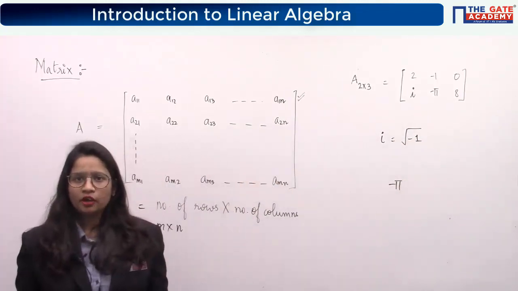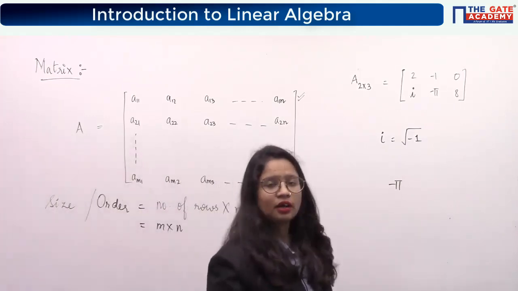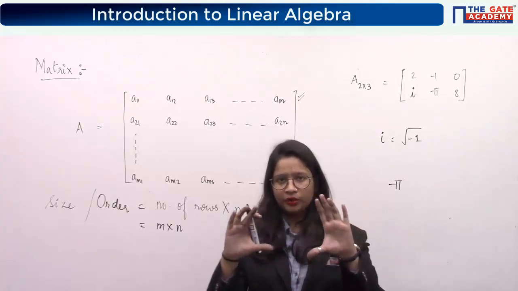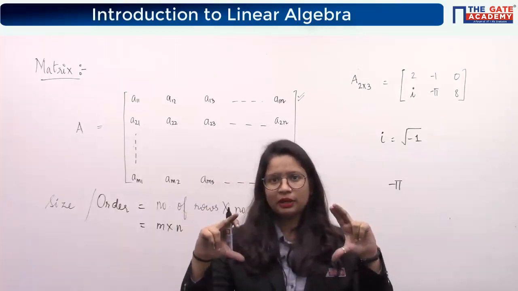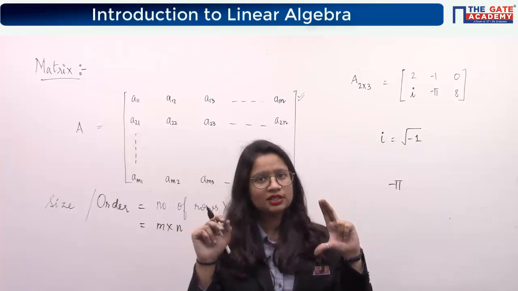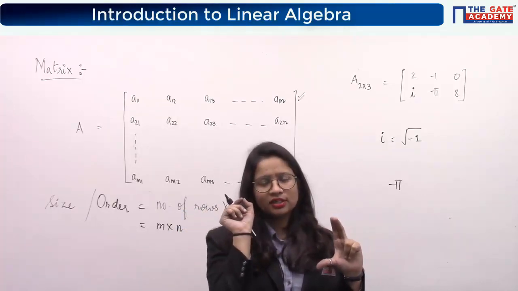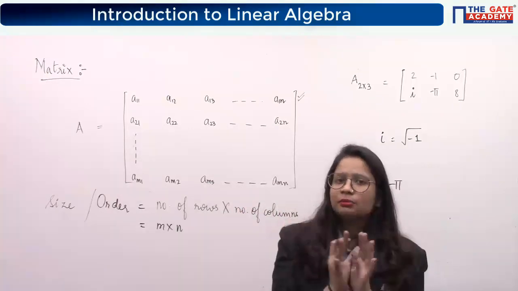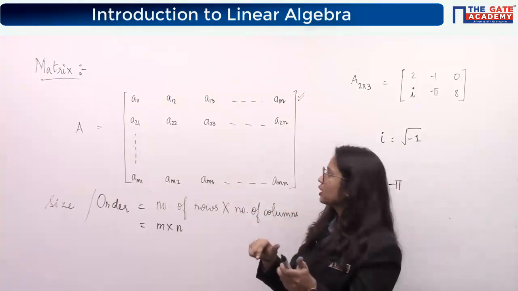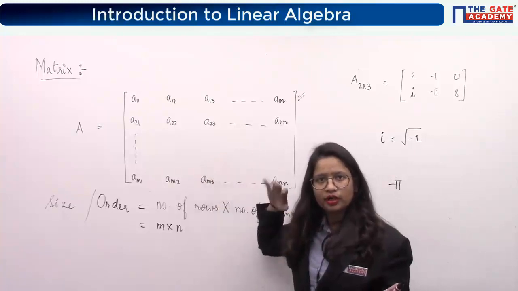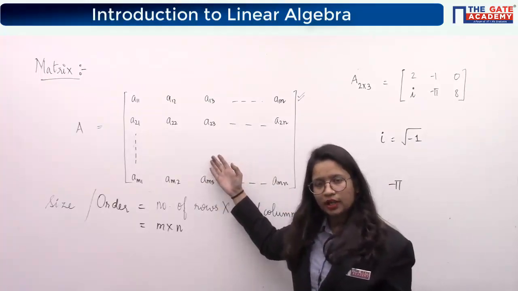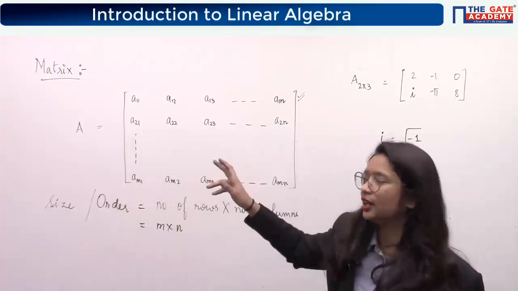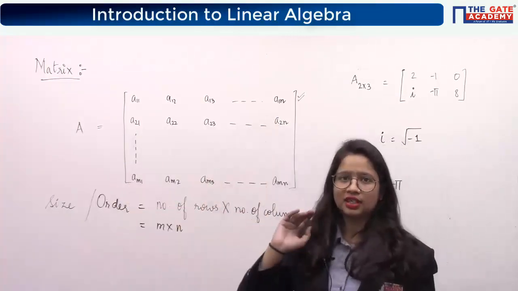Matrices are basically used in computers a lot. If you are seeing your computer screen, you can see that the computer screen is made up of pixels. Pixels means every pixel is having some color value. Color value means RGB value. That RGB value or whatever that data is, that is represented in the form of matrices only. So in computers we have a lot of use of these matrices. That's what I said, that this chapter is important for CS guys.